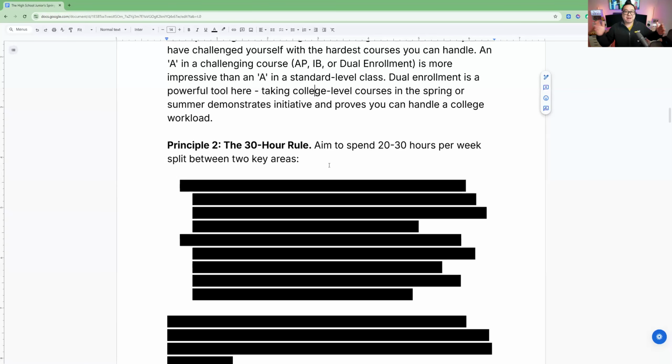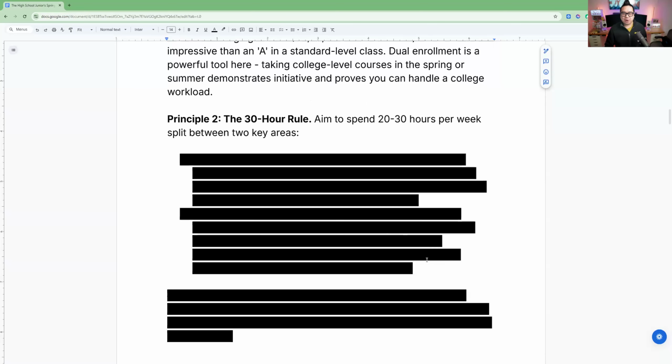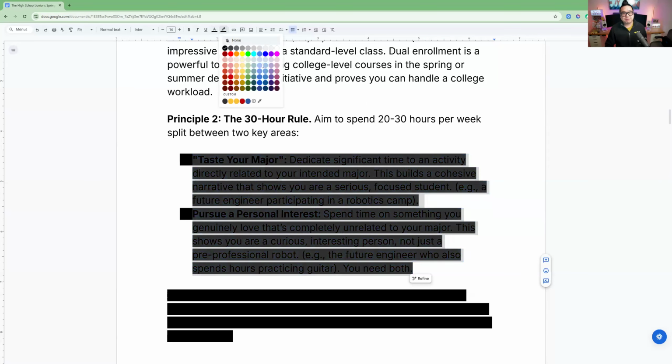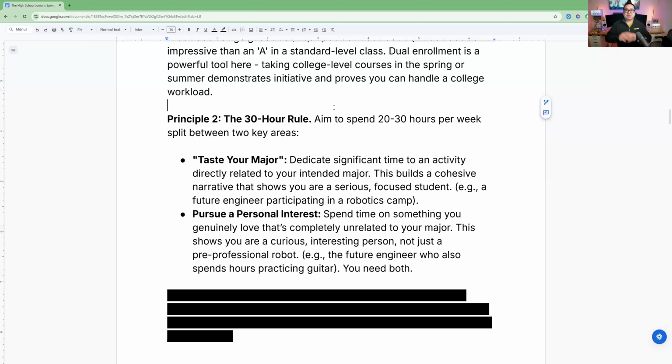Say if you're a junior and you don't have a lot, this is the one thing I would highly encourage you on. The activities section is going to trump your academic section, so make sure this is really strong. When it comes to making up these 20, 30 hours a week, I call them the two buckets, and there are two buckets you want to demonstrate.